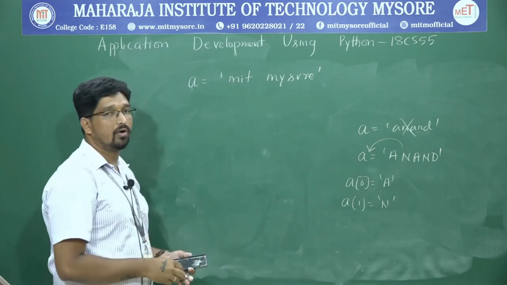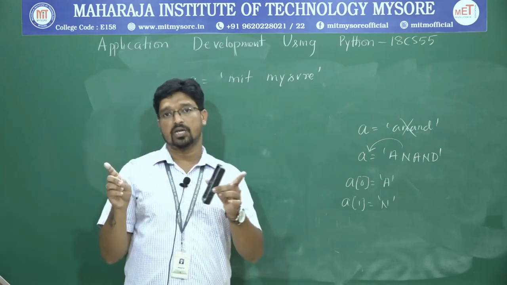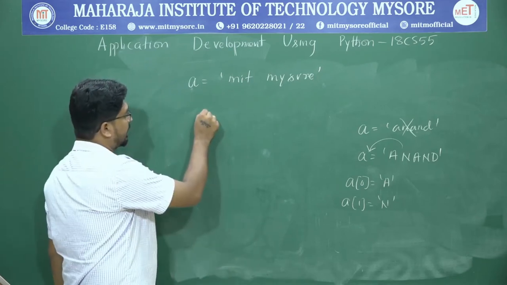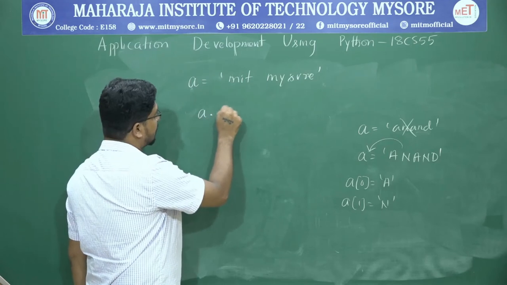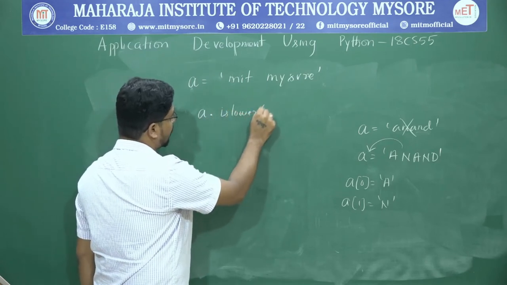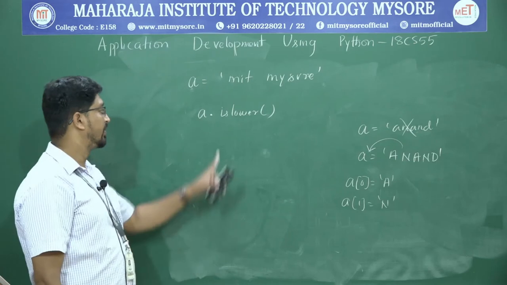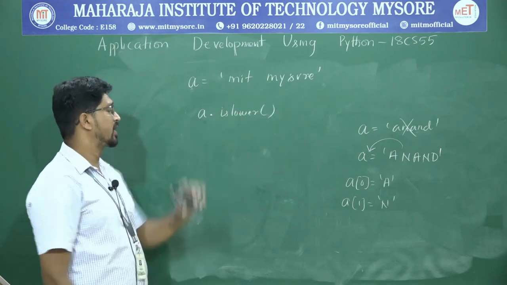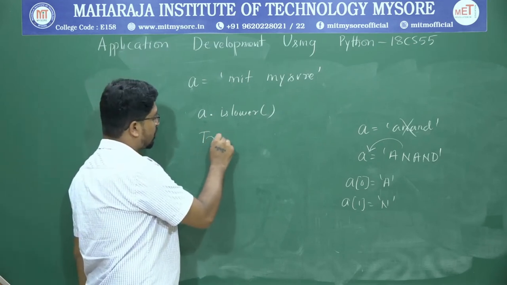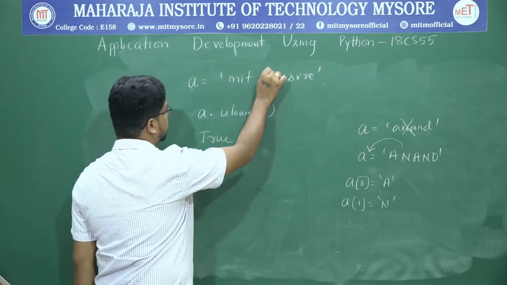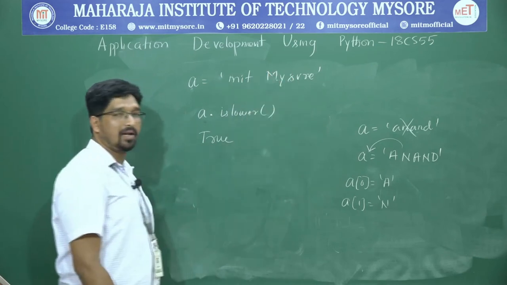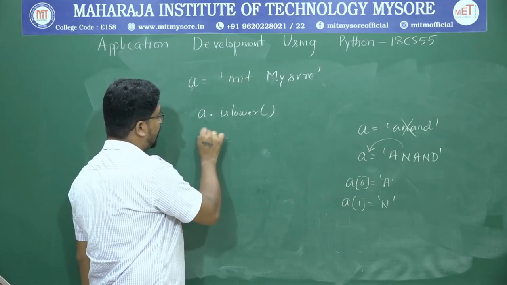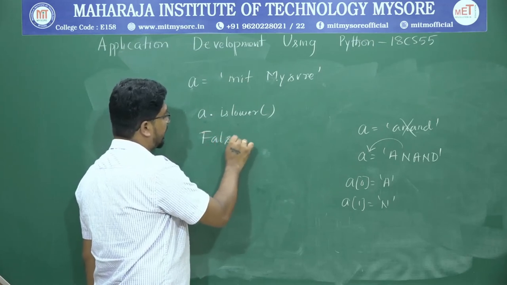Okay, and there are other functions also. Let us say I want to check whether a particular string is in lower case or in upper case. For that I have the A dot is lower method. It will check whether string A is in lower case, so if all the characters are in lower case, you will get the output as true. Let us say you have changed one character to a capital M. Again, if you check A dot is lower, you will get false as a result because there is an